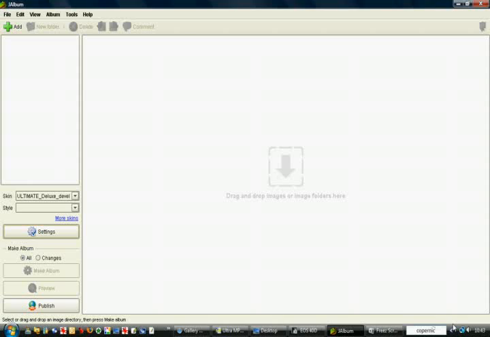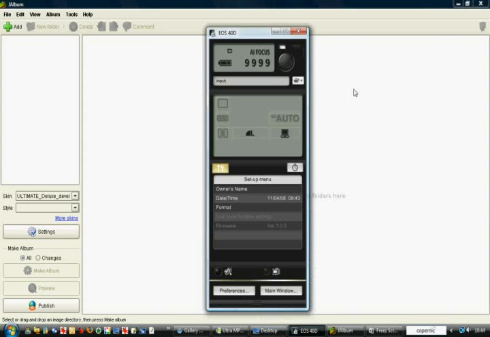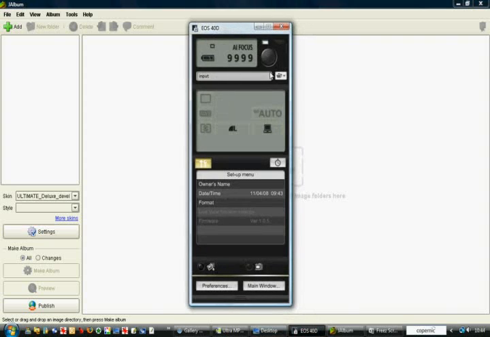Hello and welcome to a demonstration on how to set up Jalbums in server mode, so it automatically captures the images and processes them to be viewed on your viewing stations. So I've got a Canon 40D set up here with the EOS capture software. You can use any camera, any capture software you want, as long as it can save to a specific folder,